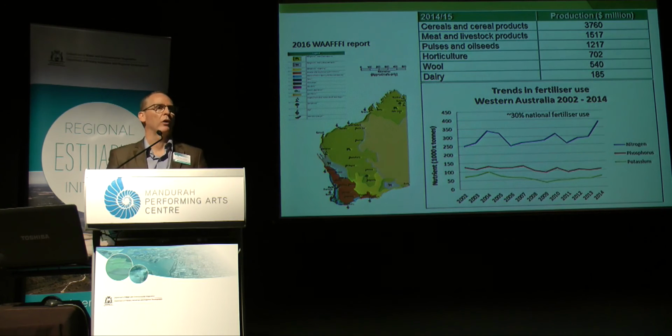So we can have a quick look at Western Australia now, and I'm certainly not going to lecture you guys about agriculture's contribution in Western Australia. The big industries here, of course, are the same: cereal production and meat production, with other industries like dairy having a lower priority. But the overall fertiliser use is about 30% of the national amount of fertiliser that is used, and those trends over that last 15 years follow the same sort of national trends. The kick up in nitrogen there happened in around 2010, so there seems perhaps to be a lag, but no doubt driven, I guess, by increased confidence in prices, etc.